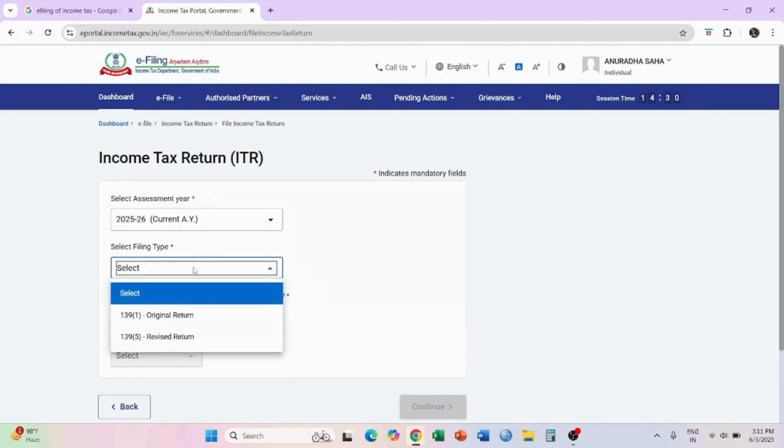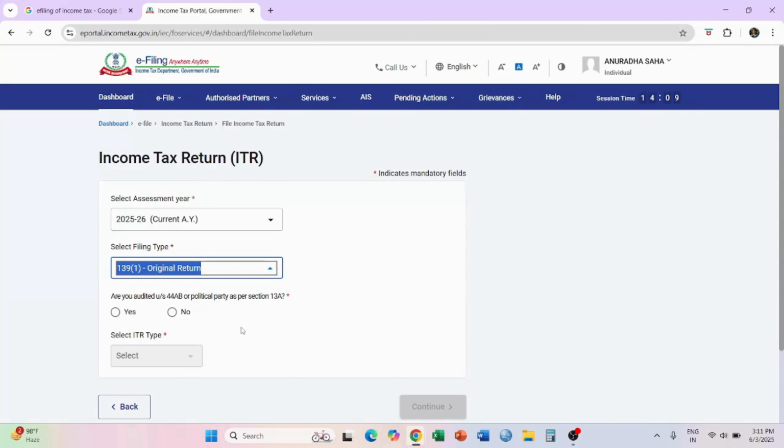We click on this. Then we get another drop down, that is select filing type. Here we have two options, whether I am going to submit an original return or a revised return. This is the original return that I am going to submit, so I click on original return.